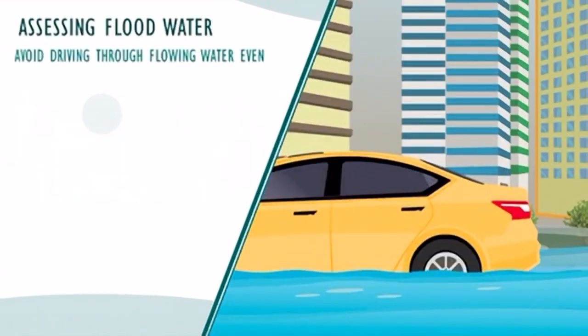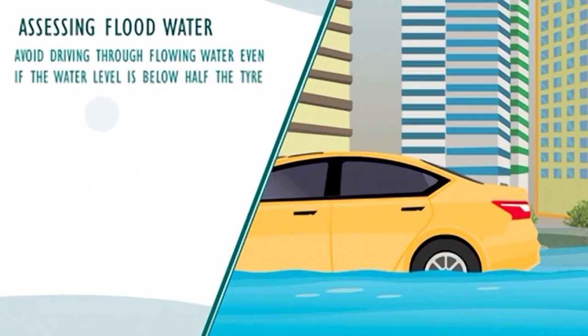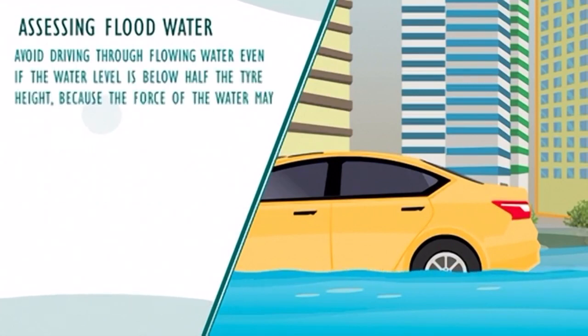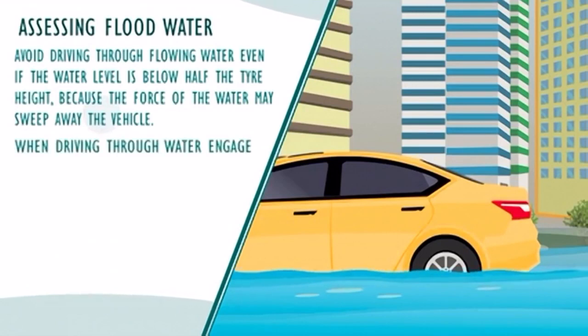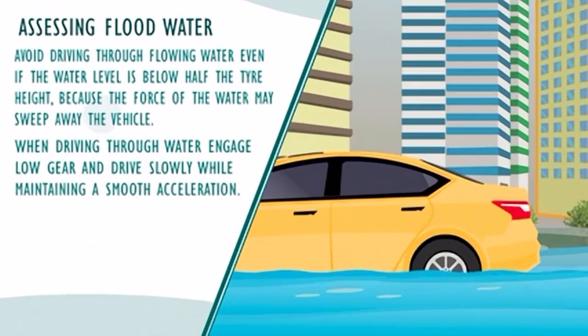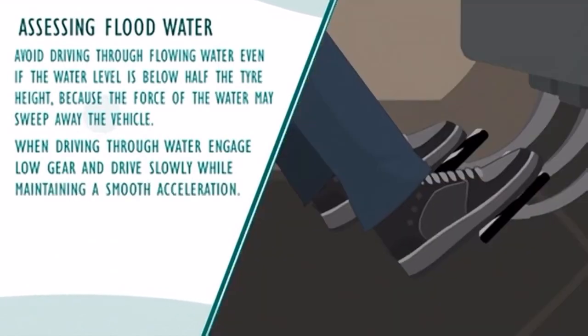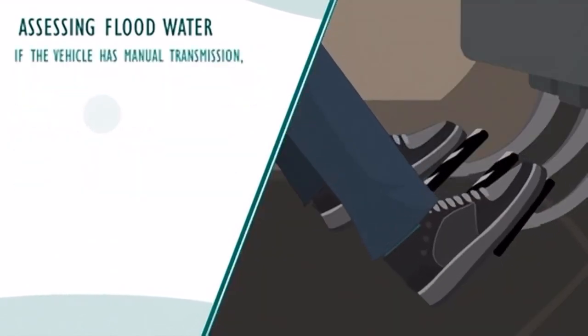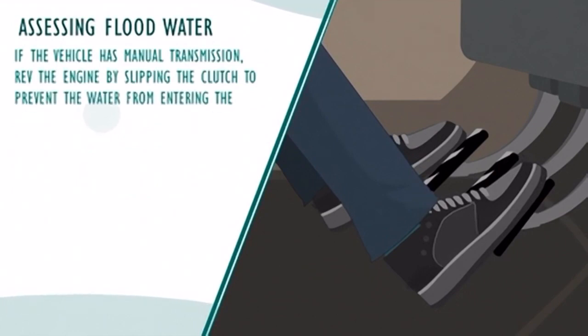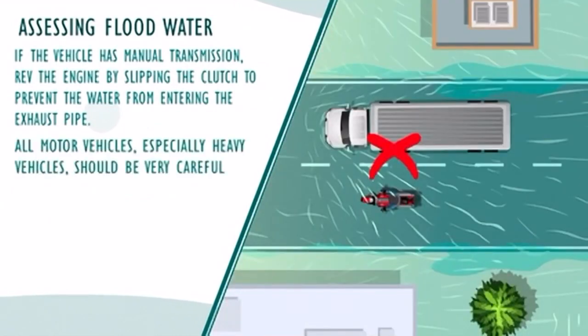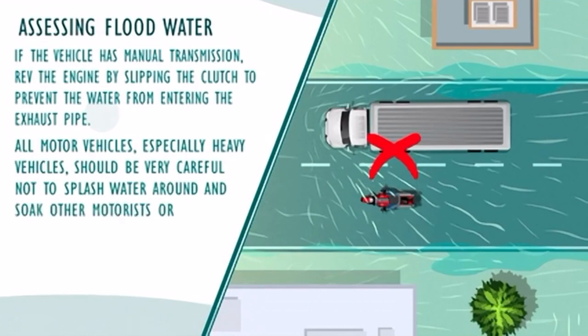Avoid driving through flowing water, even if the water level is below half the tire height, because the force of the water may sweep away the vehicle. When driving through water, engage low gear and drive slowly while maintaining a smooth acceleration. If the vehicle has manual transmission, rev the engine by slipping the clutch to prevent the water from entering the exhaust pipe. All motor vehicles, especially heavy vehicles, should be very careful not to splash water around and soak other